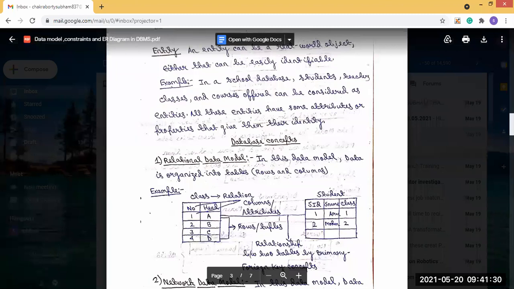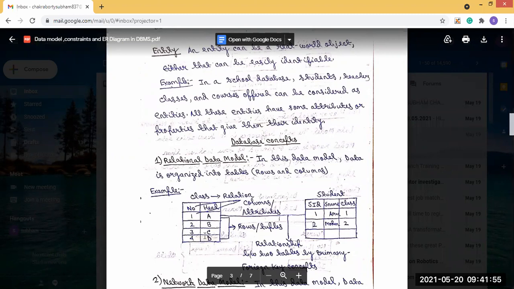What we have already seen is present in the relational data model, because up till now, all the data are stored in tables, in rows and columns format.